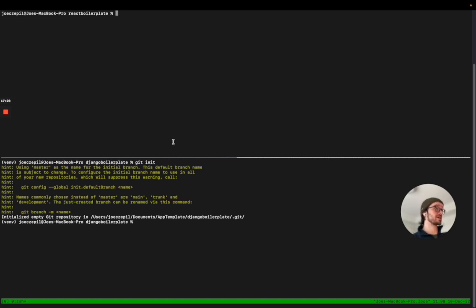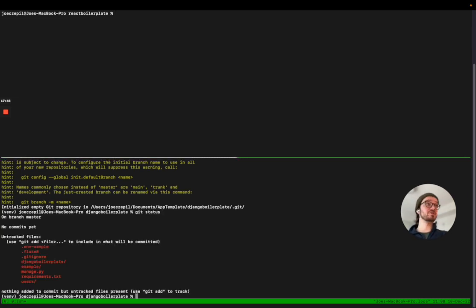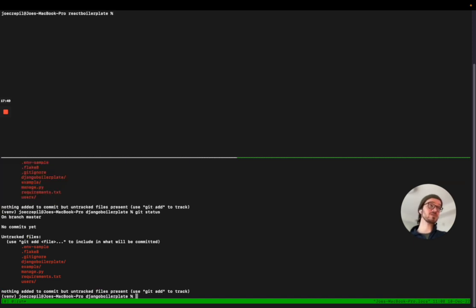Now I'm going to create a second repository. I'm going to call this one Django boilerplate. You can call it the name of your project if you want. Create the repository, and now we're going to do the same thing. So down here, we just did git init, so this is now a git repository. And now in this one, if we go to our gitignore real quick,